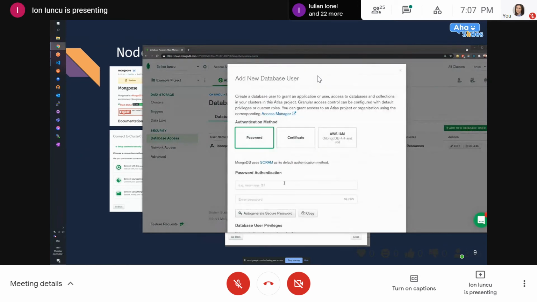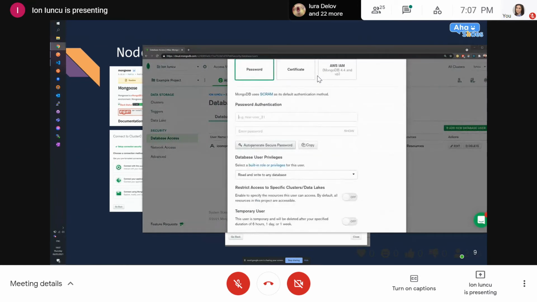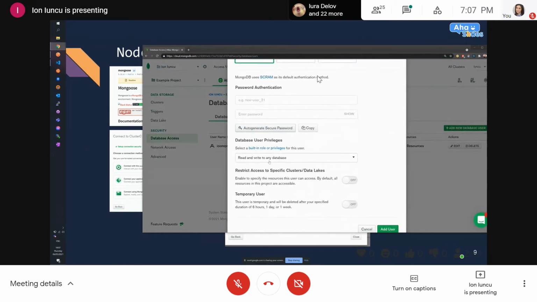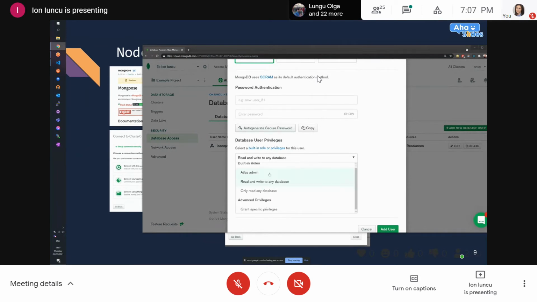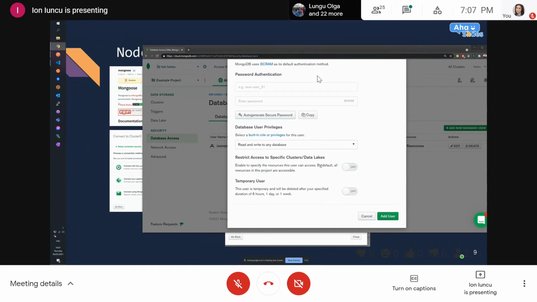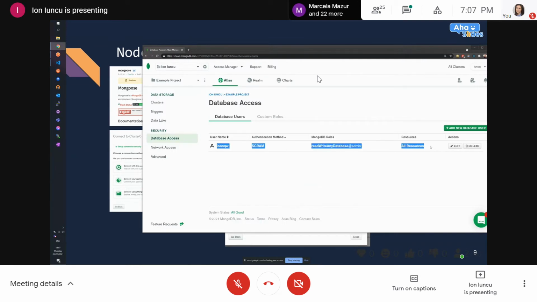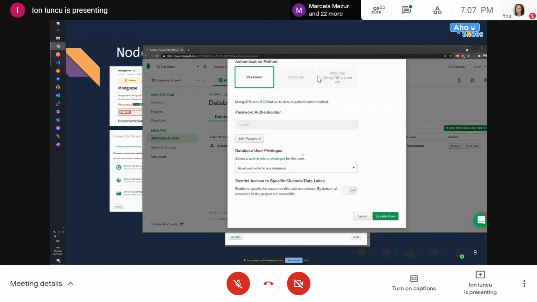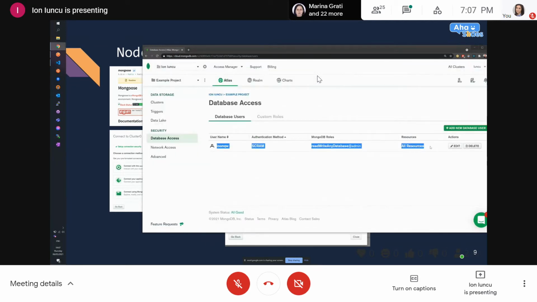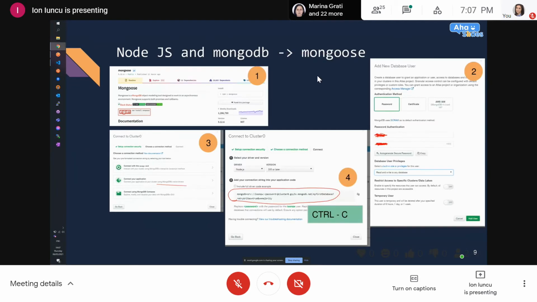You want to create it, don't show it to anyone. You can also auto-generate one apparently. And then you want to say which kind of access you want it to have. So read and write to any database, that's good enough for a web server application for now. And then you click on add user. I'm not going to do it because I already have a user, right? I can edit him and I'm not going to edit the password. So now you have that user, okay? So you click on create, and then the third part,